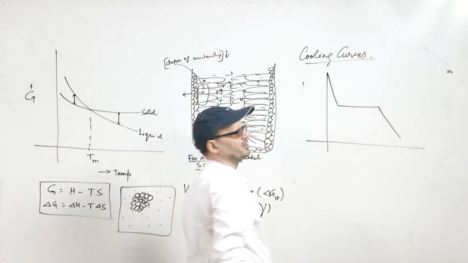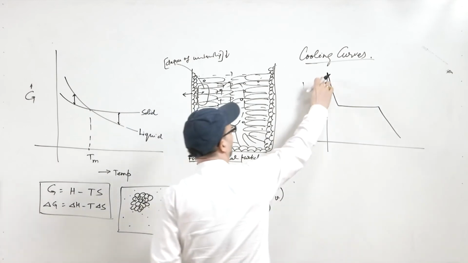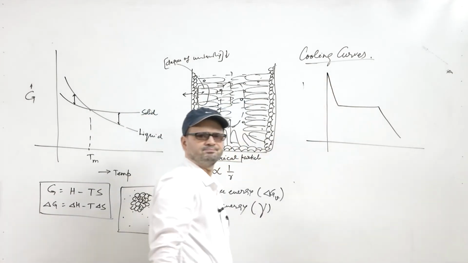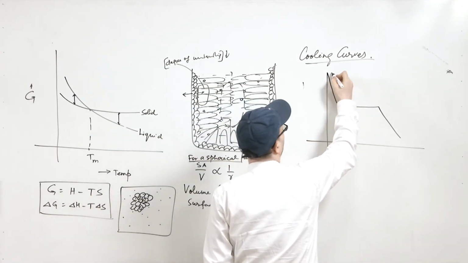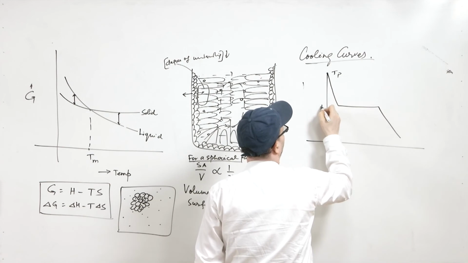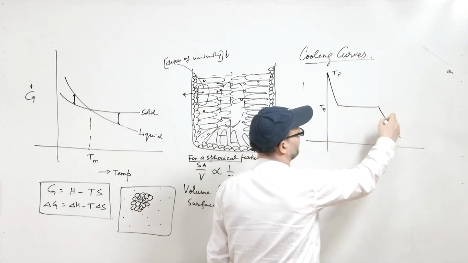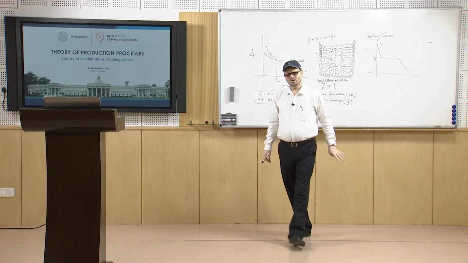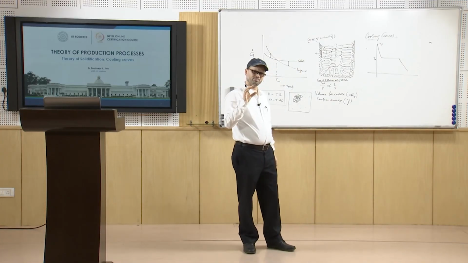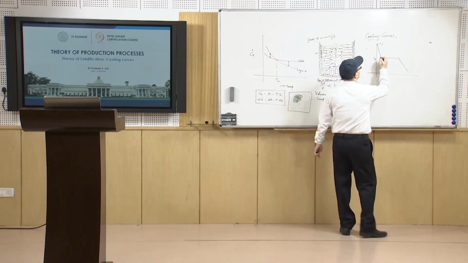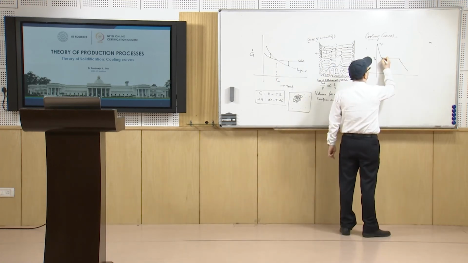here you have the melting temperature, this is the pouring temperature, and this is the degree of superheat. So, this is your pouring temperature, Tp, this is your Tm, and then the curve comes down and goes to room temperature. So, this is for the case of pure metals. Now, in actual conditions you have some